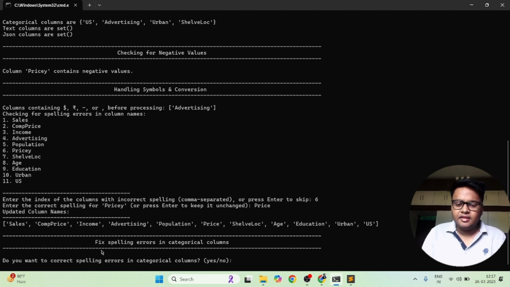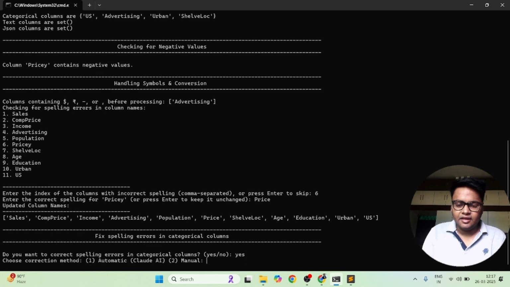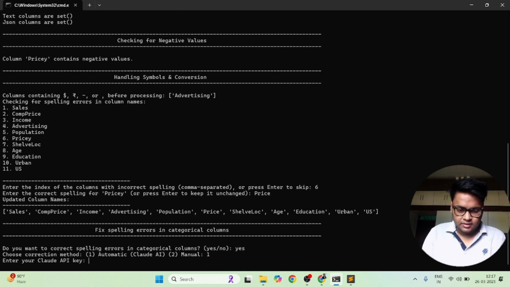After that, it is asking whether you want to fix spelling errors in categorical columns. So either you can skip this step or not skip this step. Currently I'm not skipping, so I'll click yes. Now it will provide you two methods. The first method is to do it with the Claude API key, and the second is to change the spelling errors manually. So currently I'm doing it with Claude, so I'll click on one.